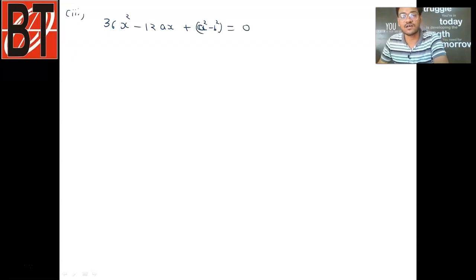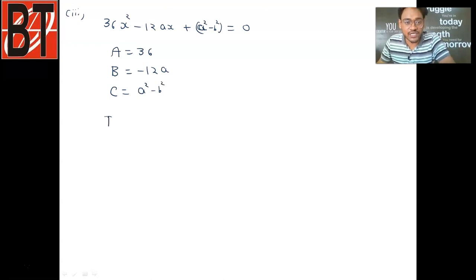Now students, just let me know first of all the a, b and c values. Because small a, small b are used in the given question, I'll be taking the coefficient of x square as capital A, the coefficient of x as capital B, and the constant term as capital C. There should be no confusion in this. So the value of capital A is 36, the value of capital B is minus 12a, the coefficient of x, and the value of capital C is a square minus b square, the complete constant term.